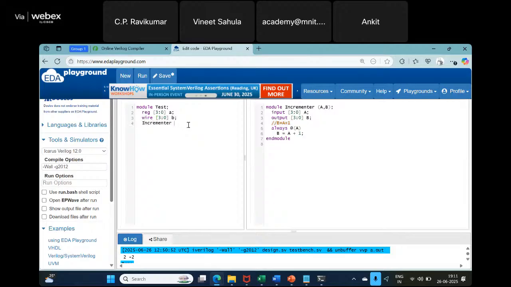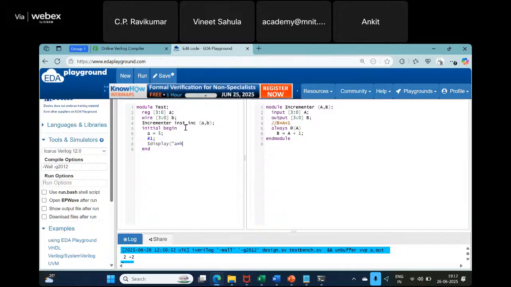Incrementer instance, incrementer, AB. Then initial, begin, end. So initially, let us say we set A equal to 5, then display